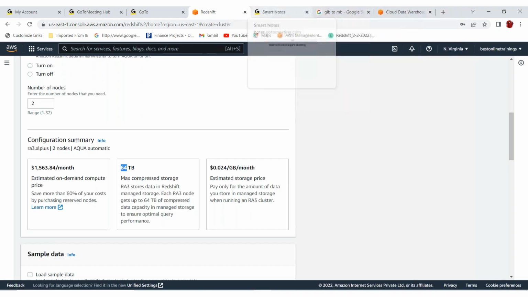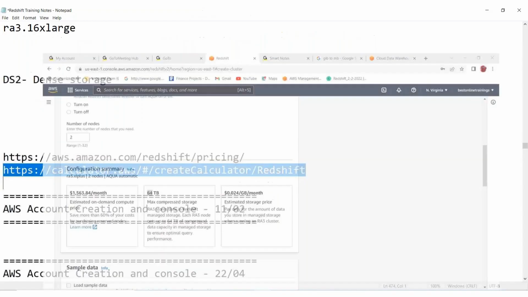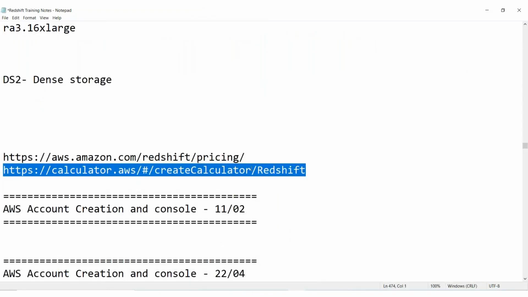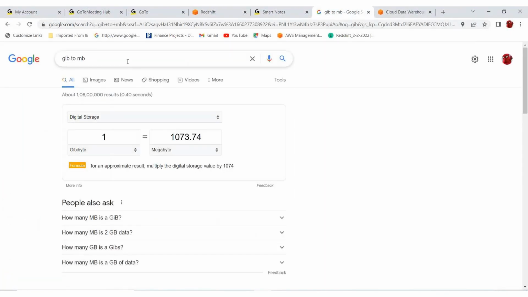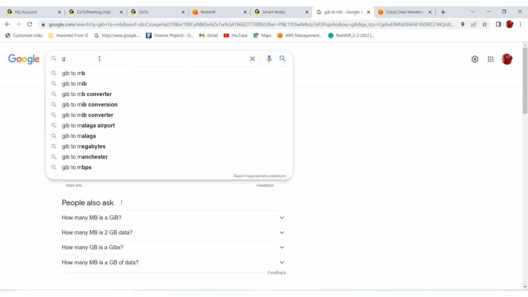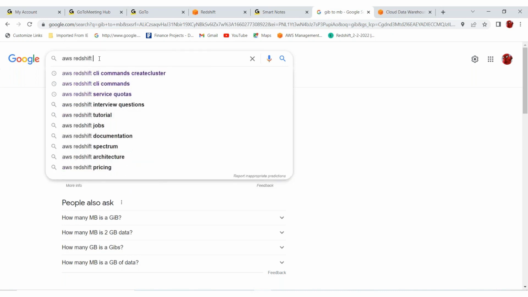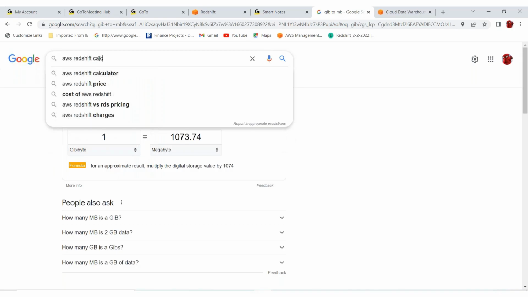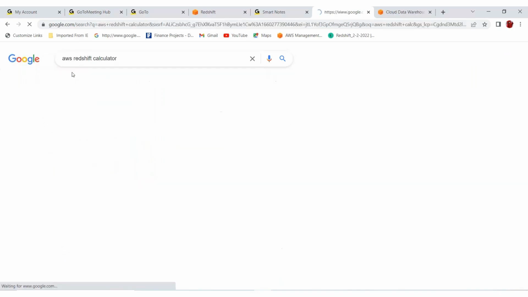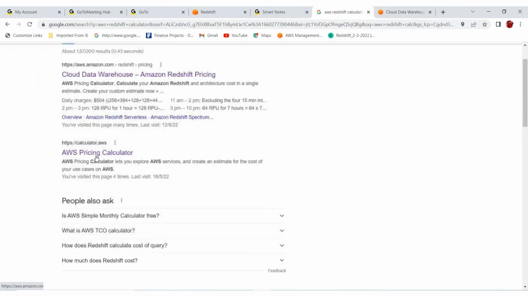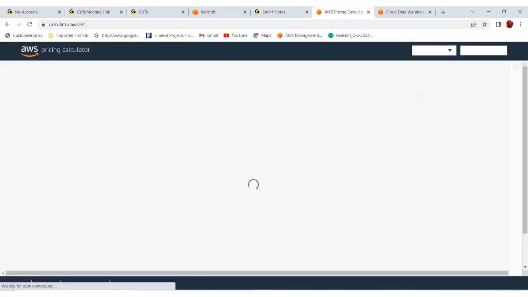Okay. Now, I can better understand with another example. Just type in Google Redshift calculator. Everything is on Google, okay? AWS put this so that customers will use it. So AWS Redshift calculator or cost calculator, you can type anything. Open this link, AWS pricing calculator, and in that